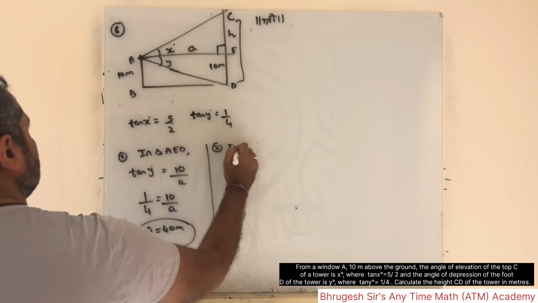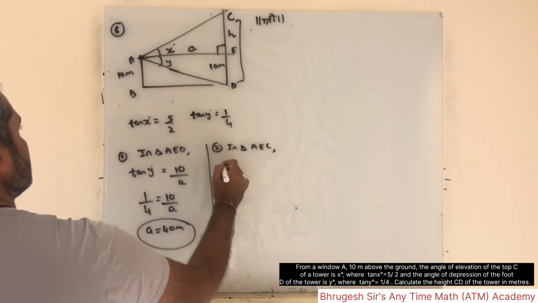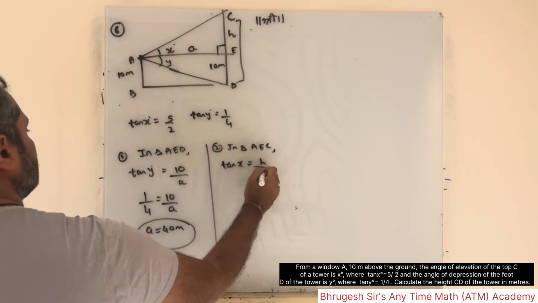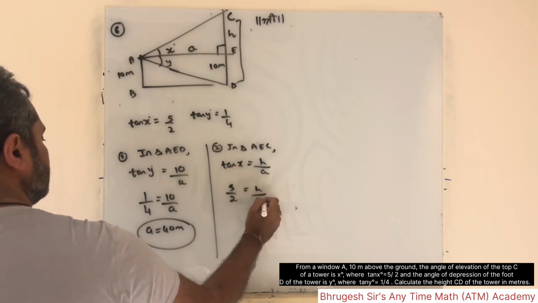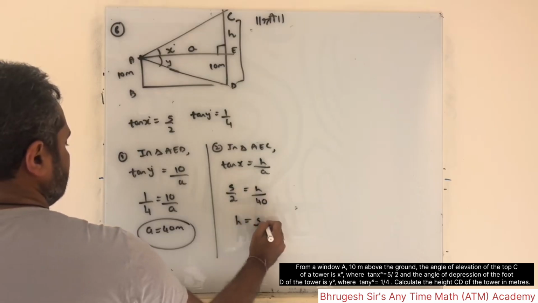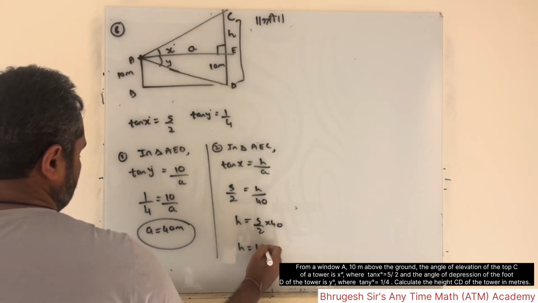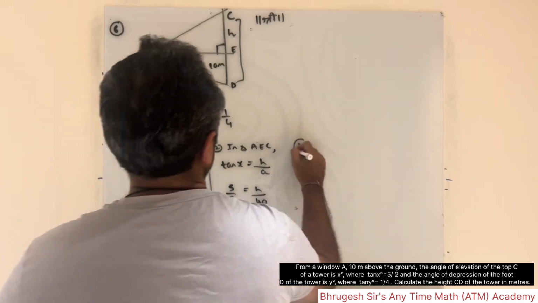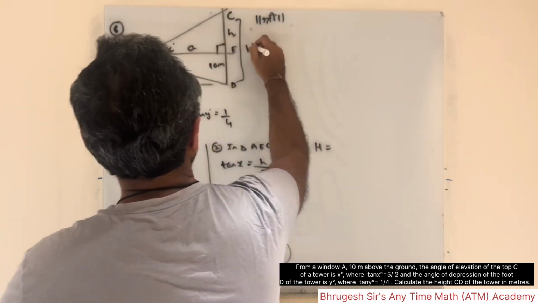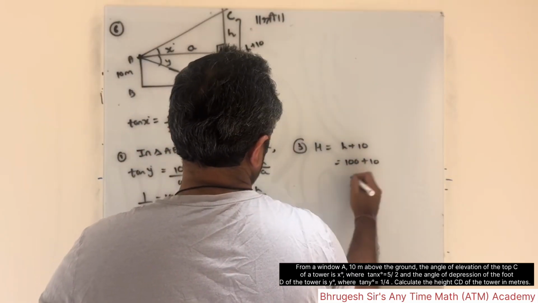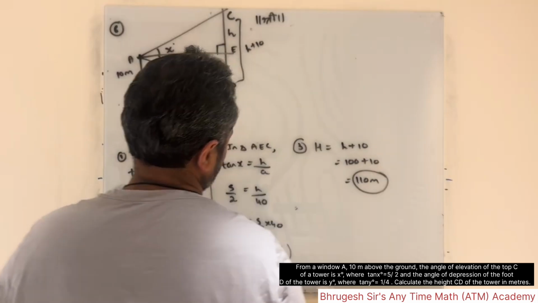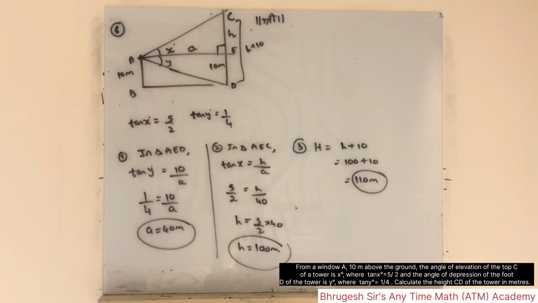Second, in triangle AEC, tan of x is h upon A. Tan of x is 5 by 2, which is h upon 40. So h is 5 by 2 into 40. Therefore, capital H is h plus 10. 100 plus 10, 110 meters. Hope you have understood. Guys, understood? Looks like you have understood properly. Okay everyone,